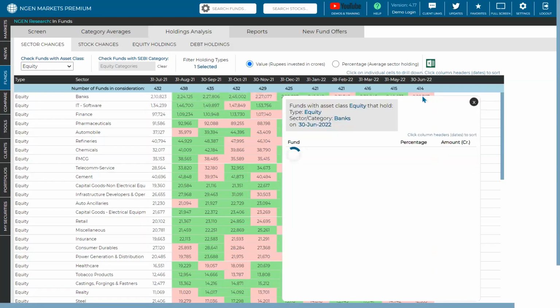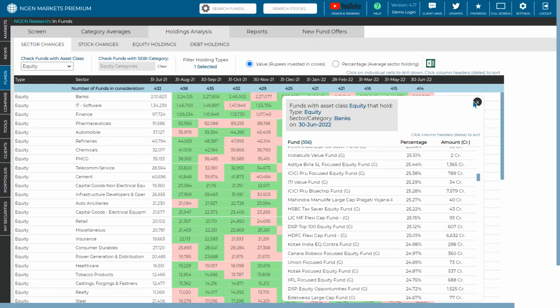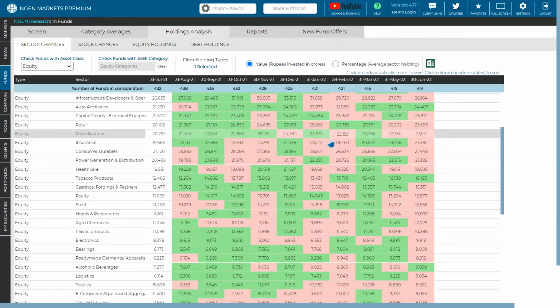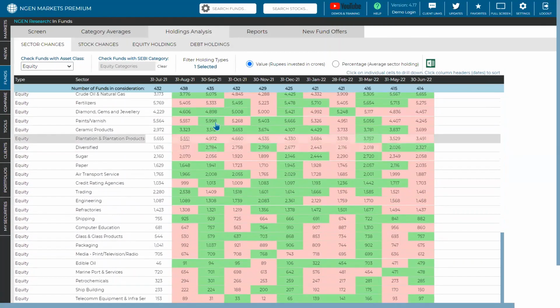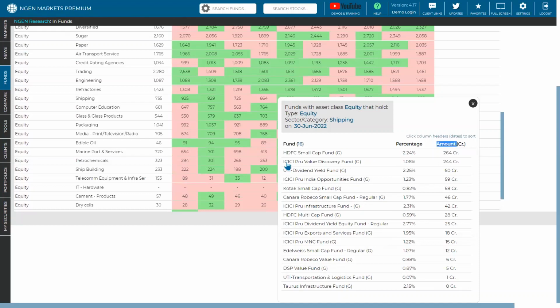And you can subsequently click on it and look towards this list of the funds, 356 funds altogether. And that's how this works out for every single sector we have given here. So you can look towards any sector, maybe let's say shipping, and who are there in shipping, and you can just take a look towards shipping, such as HDFC Small Cap is highly towards shipping, and ICICI Pru Value Discovery.